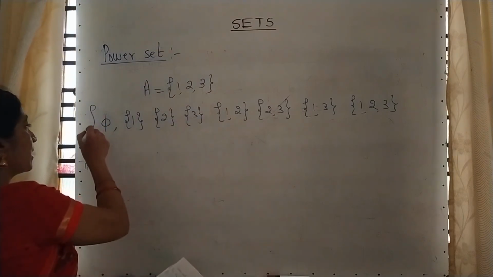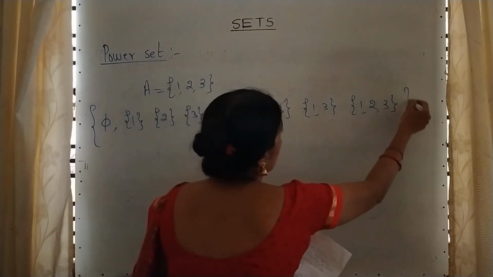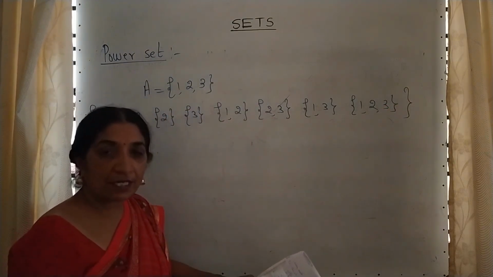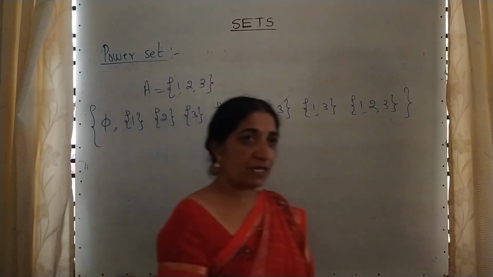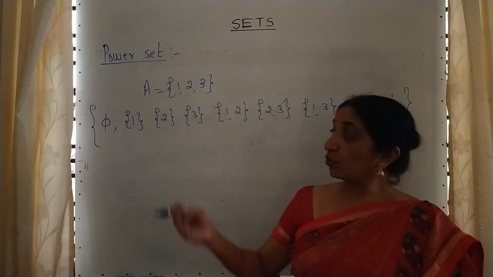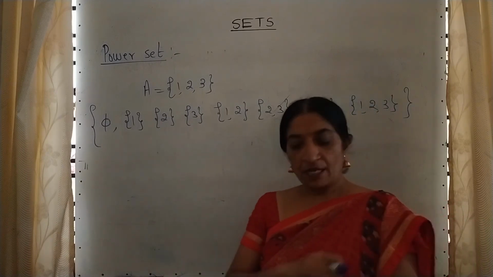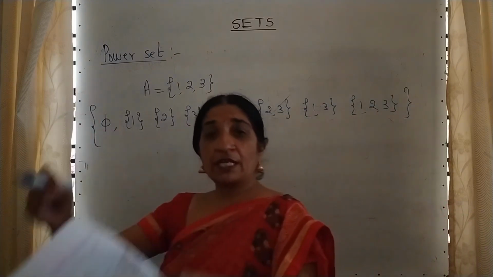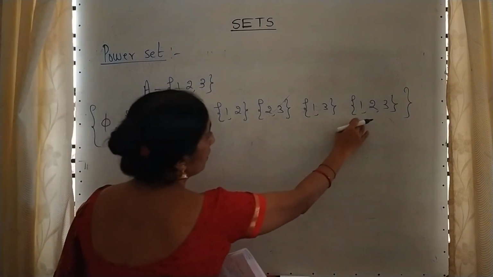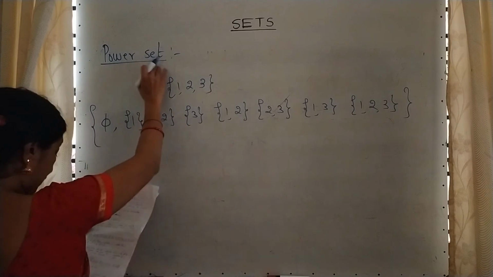This we are writing in the form of a set. It is a set of all the subsets of the given set. First, what is the meaning? One set is given, you have to write all the subsets, including the set itself and a null set. Write down all the subsets in the form of a set. It is a collection of all the subsets, and it is called a power set.